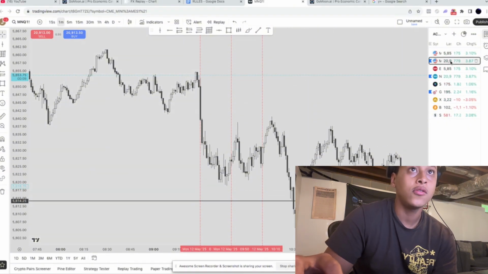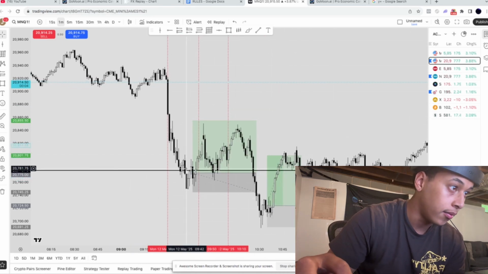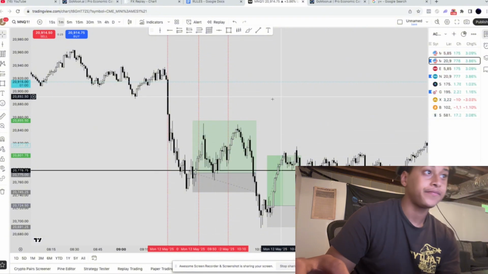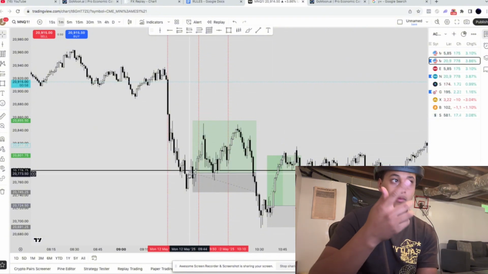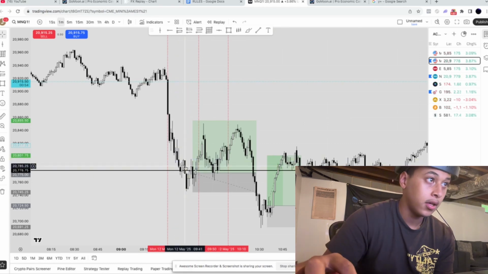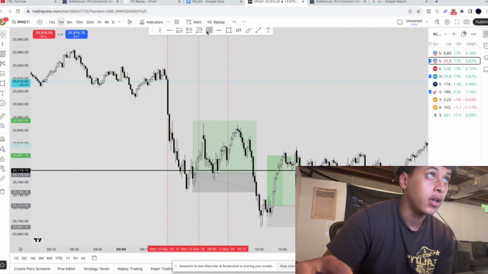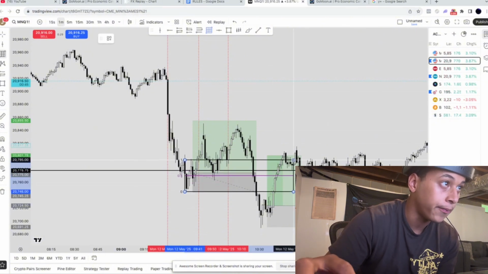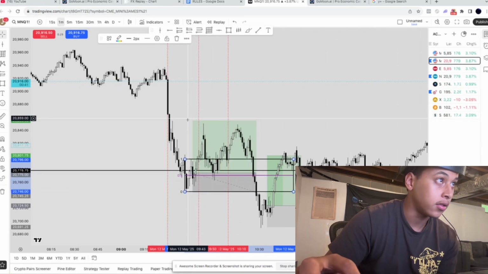But on NQ we took that liquidity out during like 9:30 and 9:50. So I entered on NQ because I thought after we swept liquidity we'd break structure and go up. So my first initial entry was the sweep right here, and I entered off of equilibrium from here to here. Stops right here, and then targeting a previous high.